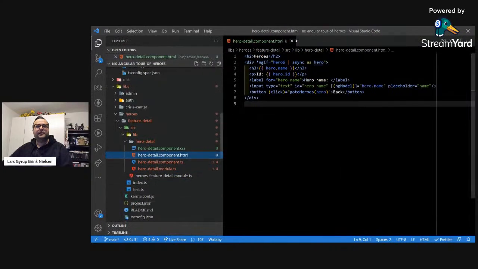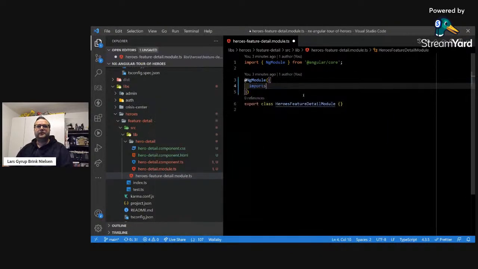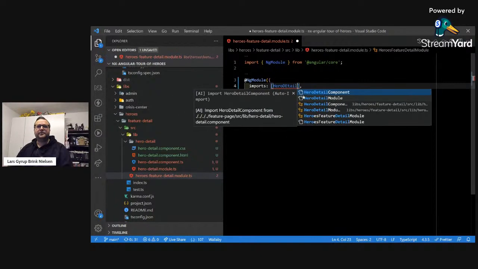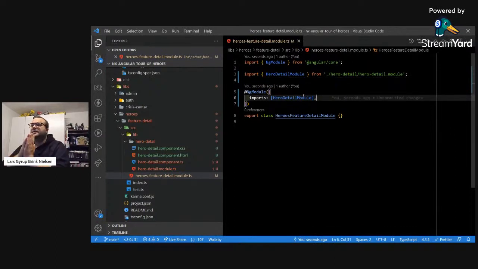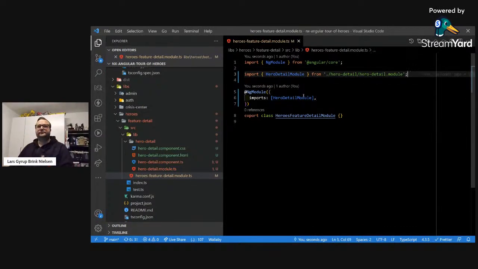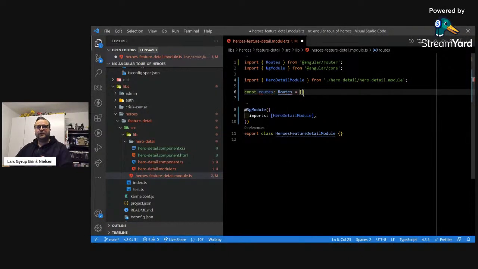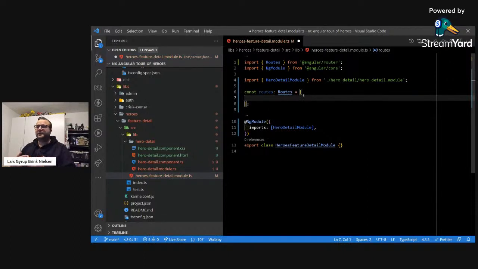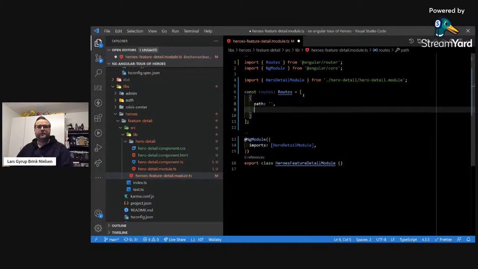And so let's see how we connect that to our feature module. And we do that by importing hero detail module, the relative import. And this is going to be a routed feature. So, and we're going to add routes. And this is a very simple app right now. It's from the Angular Tour of Heroes routing tutorial. So currently it will have just one route, default route actually. So